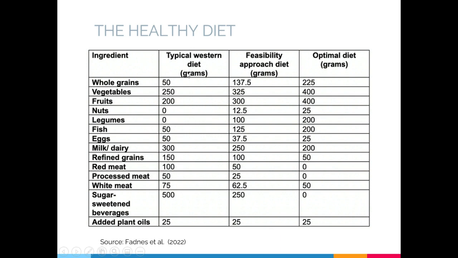Western diet, this is a dietary pattern nga unhealthy as what I've explained ganina. Usually mauni ang components sa western diet nga dietary pattern. 50 ra ang whole grains, ang vegetables 50 ra, ang fruits 200 ra, then walay nuts, walay legumes. Then more on processed meat, more on sugar. 500 kayong sugar. Red meat is very high, 100, refined grains 150. So mao ni ang typical nga dietary pattern sa western diet.